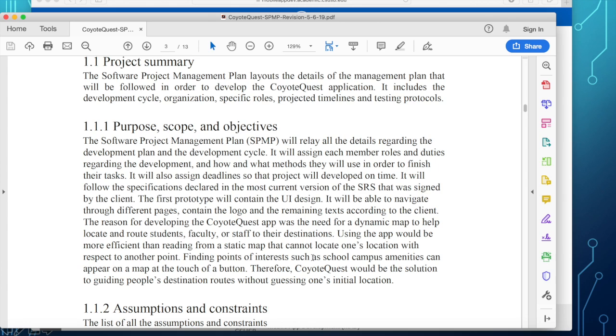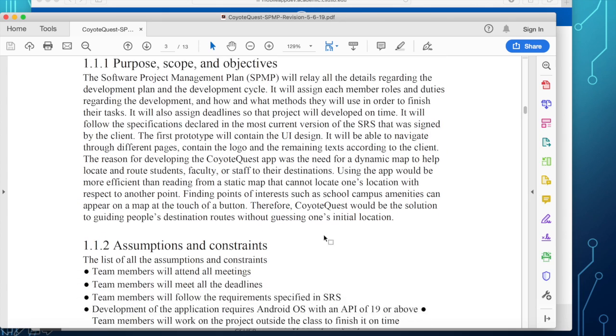Okay, what is the purpose of this document? To produce those two prototypes, and the purpose, of course, is the organization and project management.